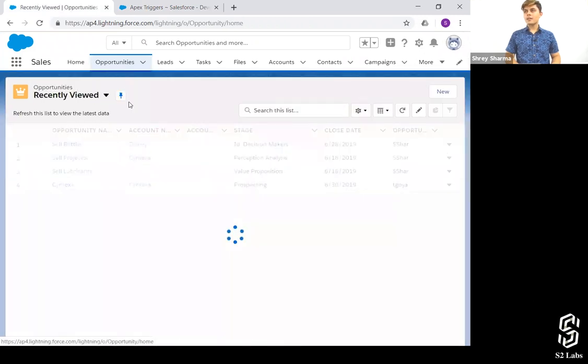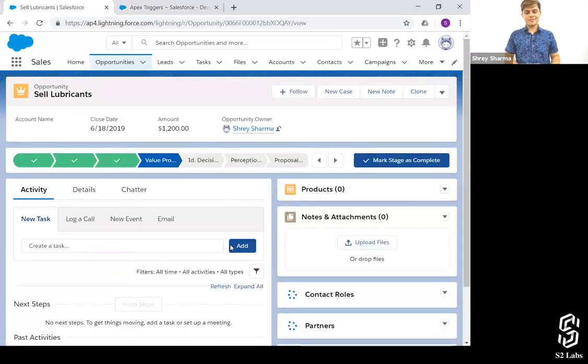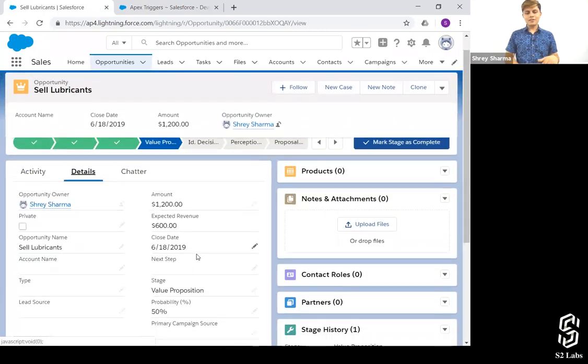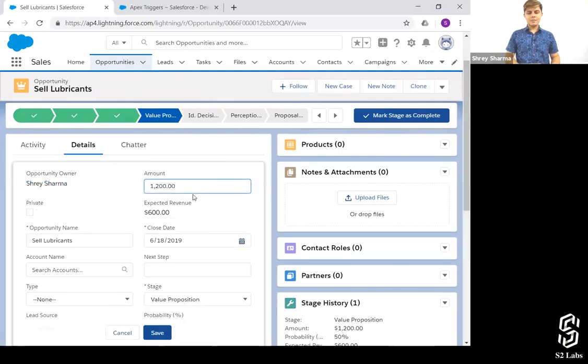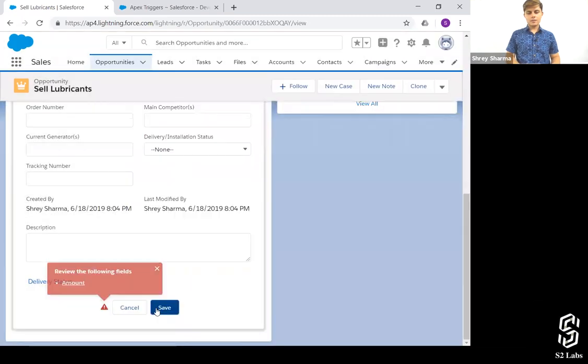Sorry. Nothing like this happens any of the time, but it is happening right now, so we'll debug it. I'm gonna change it for a while. 1211100, and then I'm gonna save it. Amount. Are you serious? Amount cannot be changed.